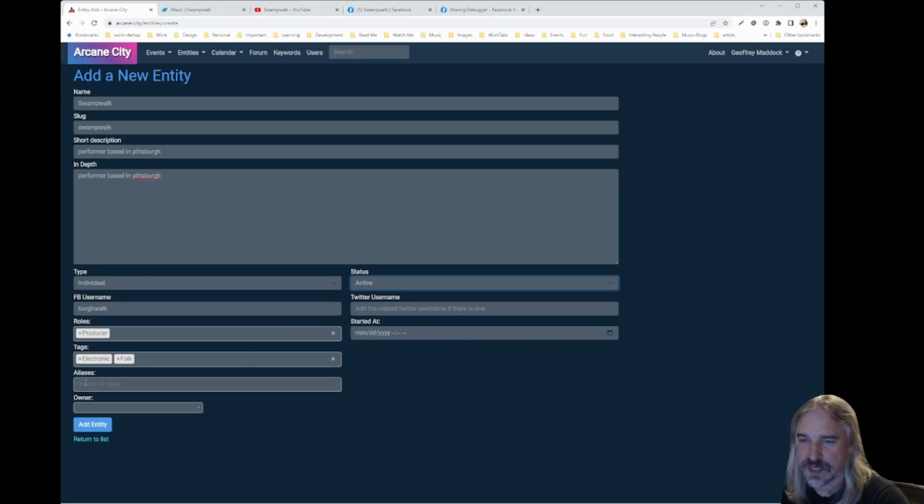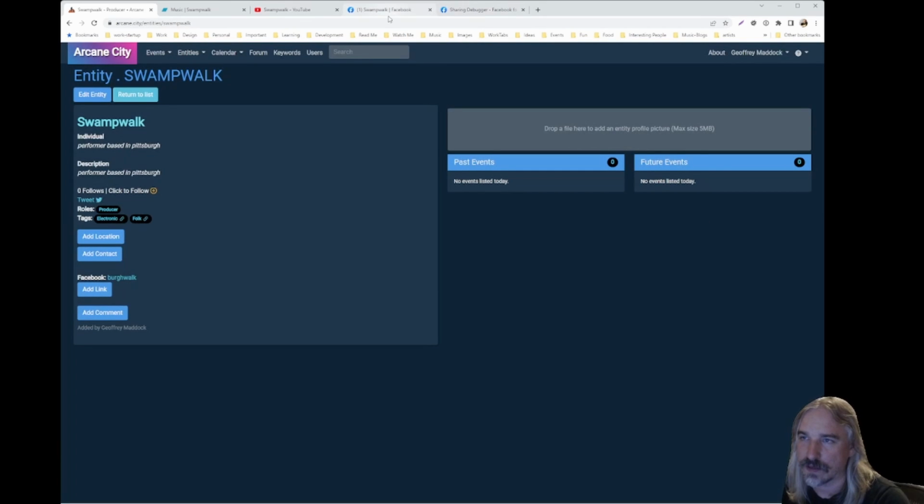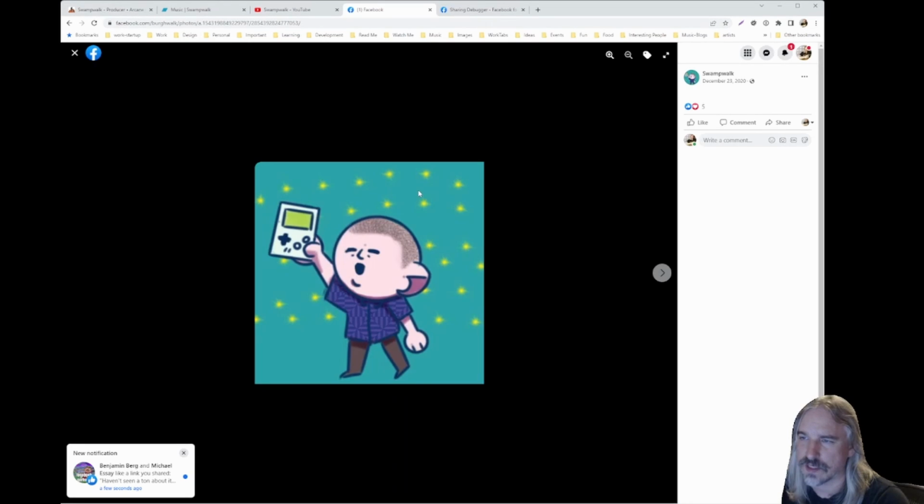So that's really the basis. Aliases here, you can add an alias if the artist has an alias. Owner is just selecting who has the ability to edit the entity. If you don't put anything, it will just be you. If you want it to be another user, you can select them from that drop down. So from here we can go ahead and click add entity, and that creates the base entity for that new artist. Something else I'll do is go ahead and just grab an image that they use,